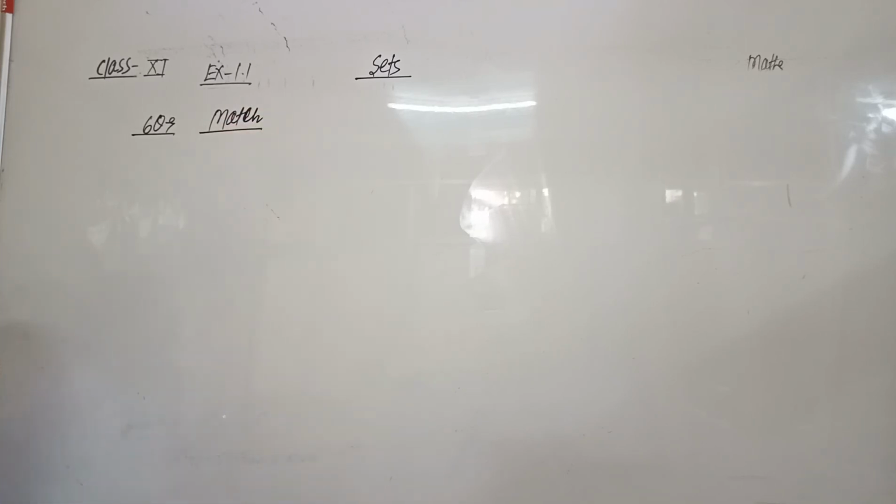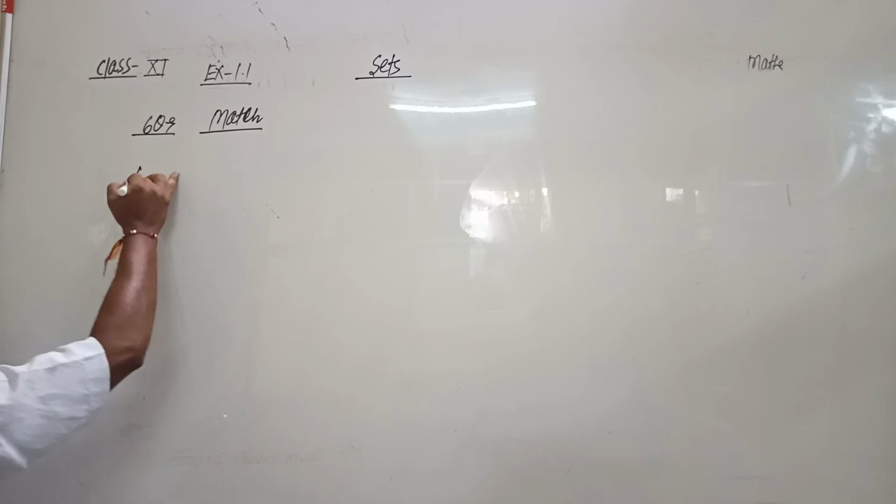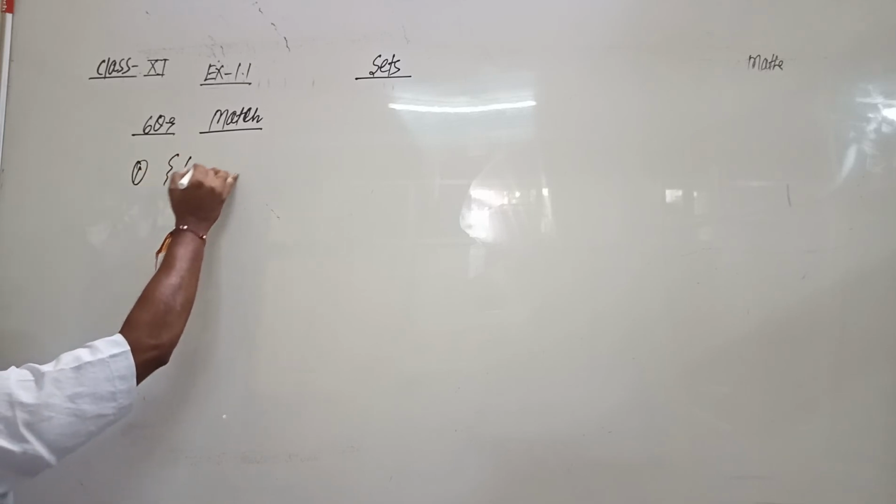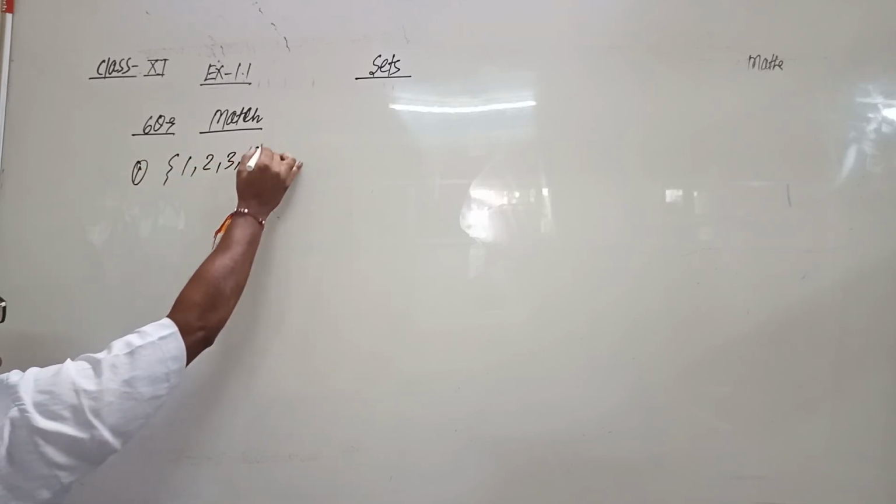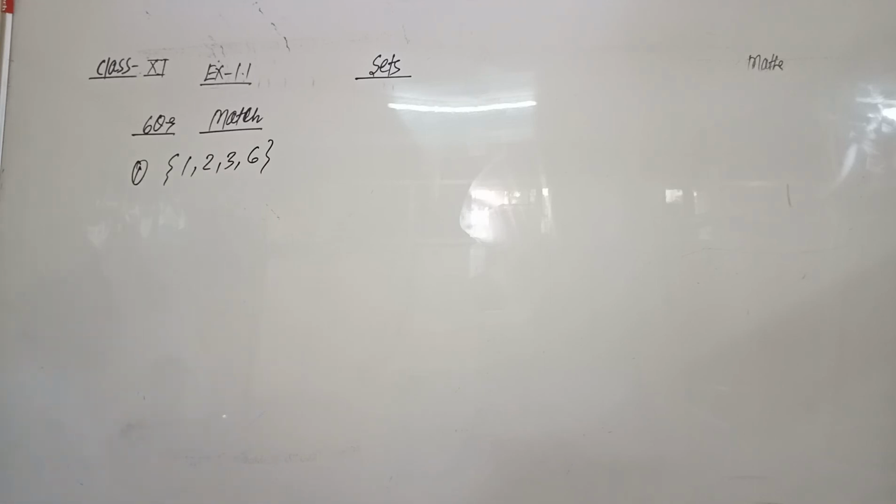On the left side it is given in roster form, and on the right side it is given in set builder form. So 1, 2, 3, 6. You have to select from the right column the set builder form of 1, 2, 3, 6. So x such that x is a natural number